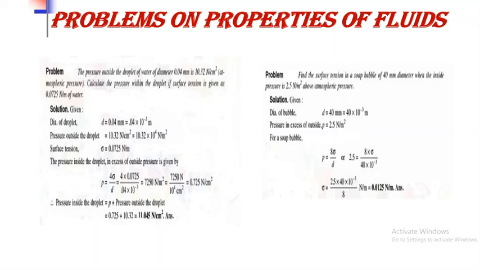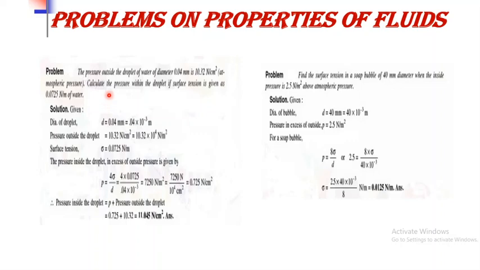Then moving to the next question, which is based on the surface tension property. The problem states that the pressure outside the droplet of water of diameter 0.04 mm is 10.32 Newton per centimeter square at atmospheric pressure. Calculate the pressure within the droplet if surface tension is given as